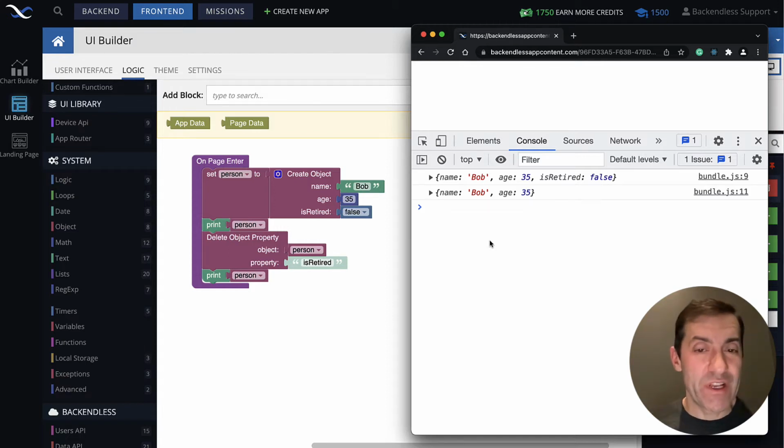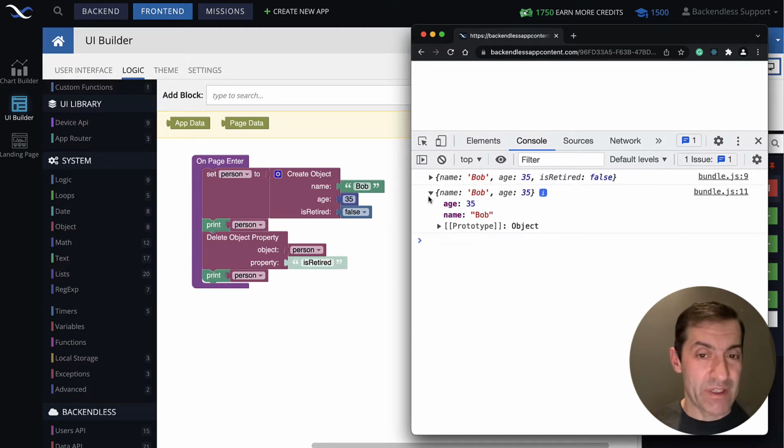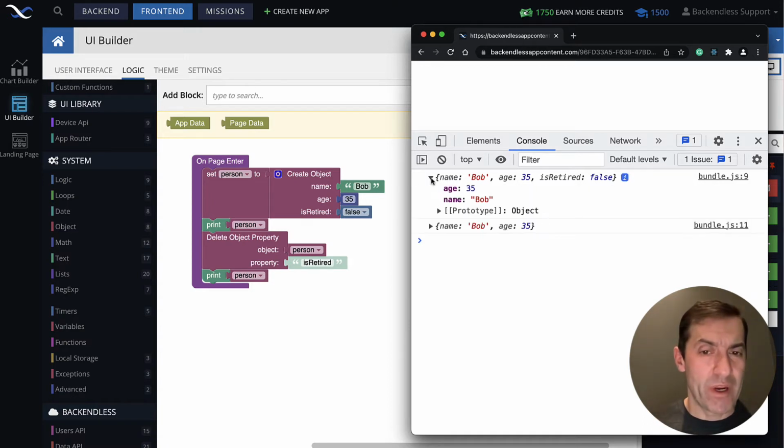There's going to be an interesting thing if you were to expand these, like this one. Yes, it doesn't have the is retired. If you expand this one, it doesn't really show is retired either, which is kind of strange at first, because at the top in the brief printout, it is there, but when you open it up, it is not there. So what happens is this delete object property actually updates that very object that is on that page inside of this codeless logic.